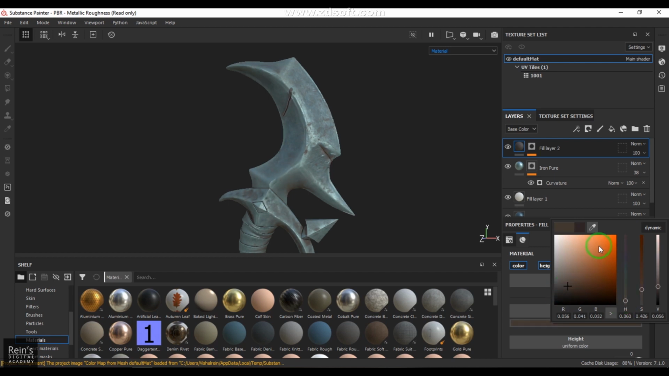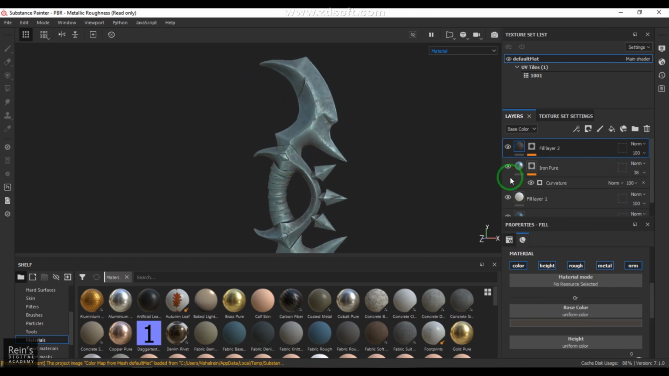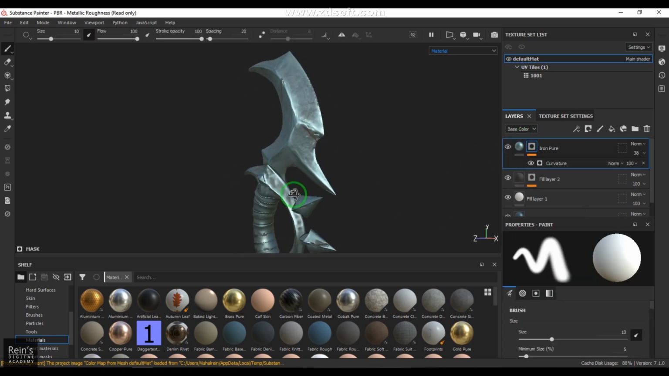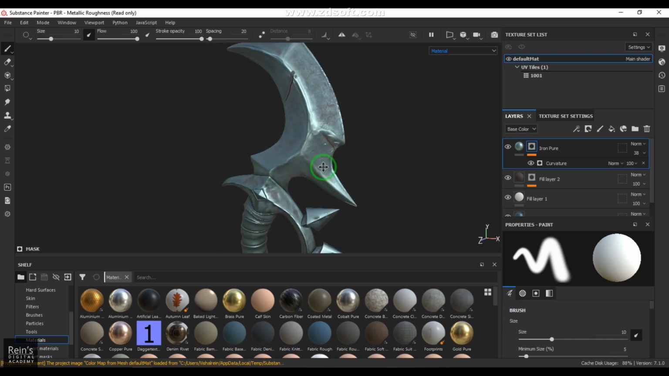Like that. Let me put this iron pure on top. I just wanted that not happening on this area. Okay, so I will add